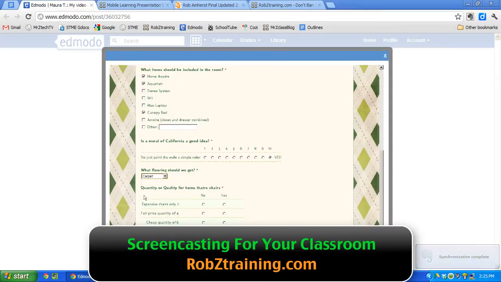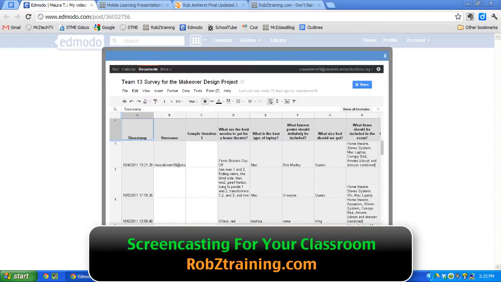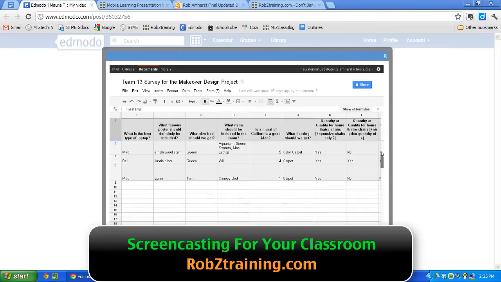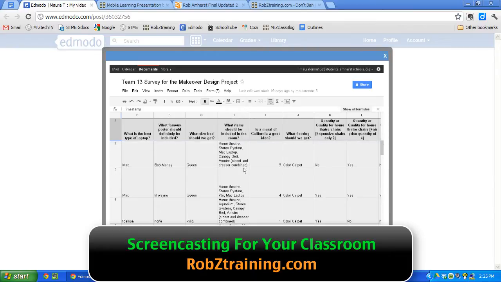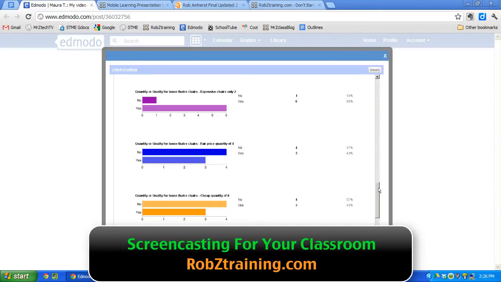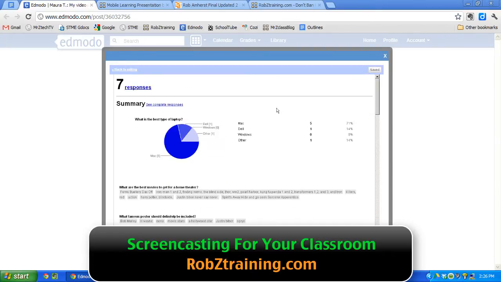Scales, drop-down questions, and little chart questions. Now the results show up in a spreadsheet that looks like this, but this is kind of a lot to look at. It's kind of gray, unorganized. So then you can go to the summary sheet, which has all the responses in a nice little organized way, and we asked what is the best type of laptop, and this was